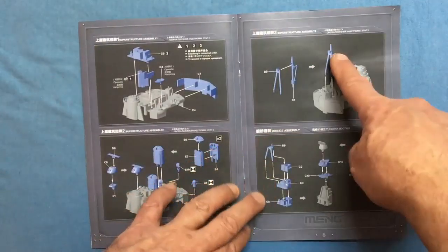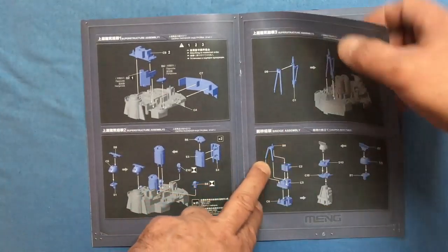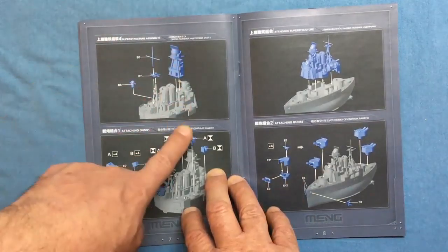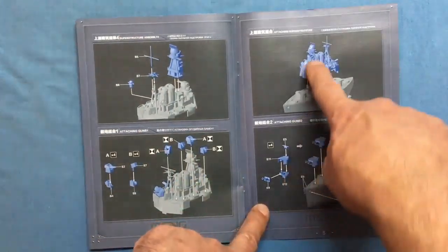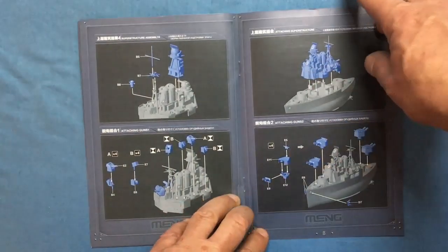Yes, that's the main mast going on, and then we're going to build up the foremast. This is the bridge assembly, it's saying here. And then adding the foremast onto there, which is the bridge assembly. We've got another area going on there. And then adding our 4-inch guns, adding the complete superstructure assembly to the hull, and adding our main guns, main